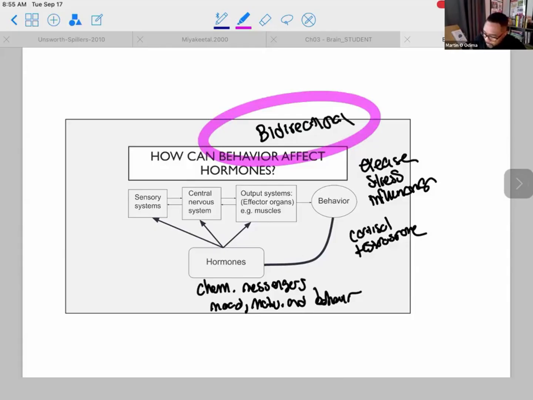And when we're exercising, when we go through stress, that is always influenced by hormones and also by the neurons and their signals. And some other things to remember, remember that chemicals within our brain and our body will influence our behavior. Some of those notable chemicals that will influence our behavior could be cortisol or testosterone. And those are chemical messengers that help modulate and change our behavior and actions.